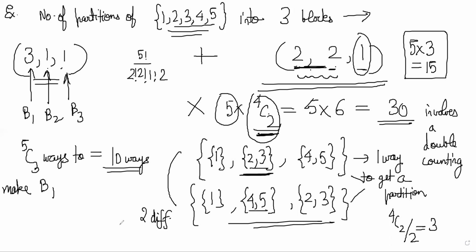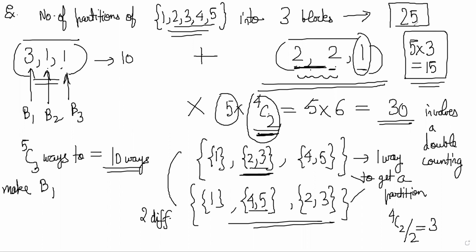You can find PNC videos on my channel where I have discussed this grouping part in more detail. But for now, we'll not concern ourselves with that so much. We are saying that the number of ways to make partitions here is 3, 1, 1 or 2, 2, 1. The number of ways to make 3-1-1 partitions is 10. The number of ways to make 2-2-1 partitions is 15. So the total number of partitions is 10 plus 15 by the addition principle, and it is 25 partitions, right?